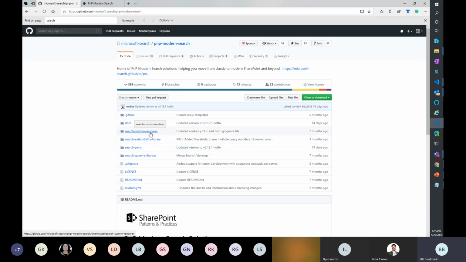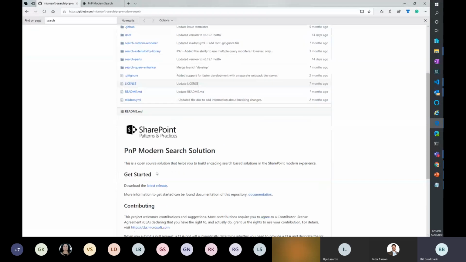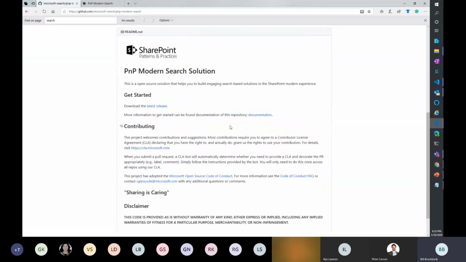And there's a couple other projects. One is the custom refiners I talked about. There's a custom query enhancer, which I've not figured out what it does yet, and extensibility libraries. So there's a couple other projects to look at. One of these, I think the extensibility library, is a Node application that actually allows you to use LUIS to do some of the lookups for you. So all that's documented in here somewhere. I have to use the word somewhere because I just haven't had the time to read everything that's in here.